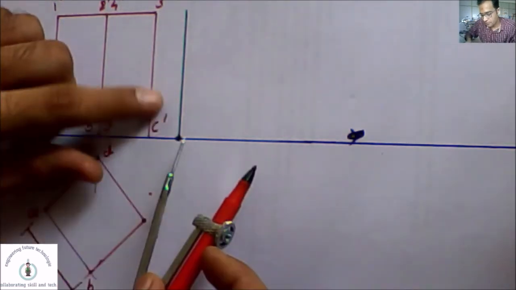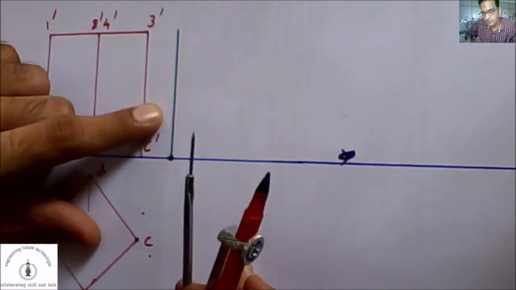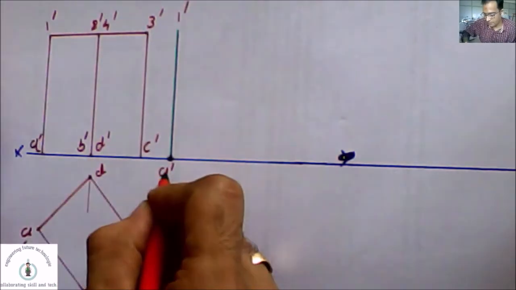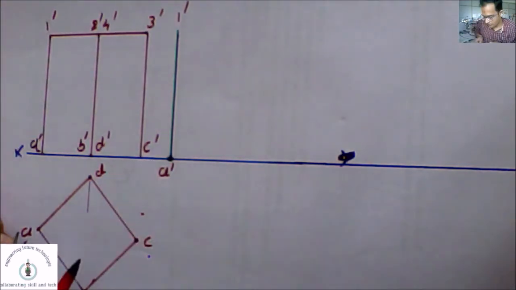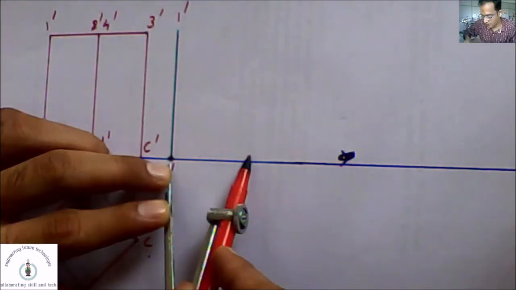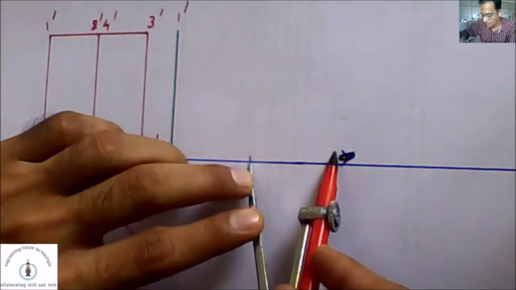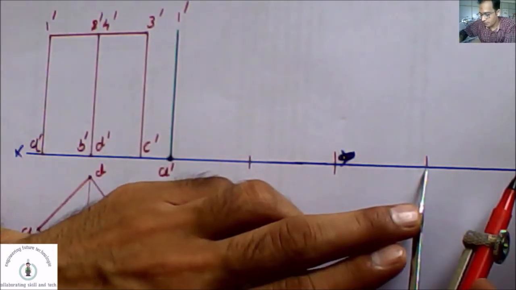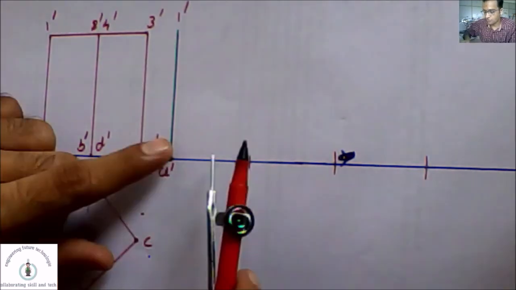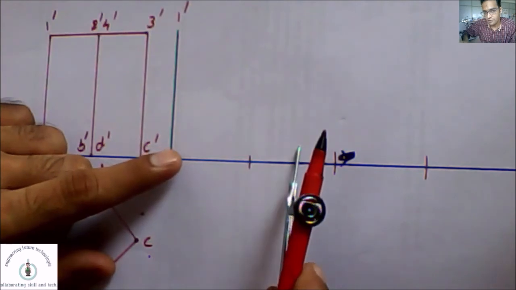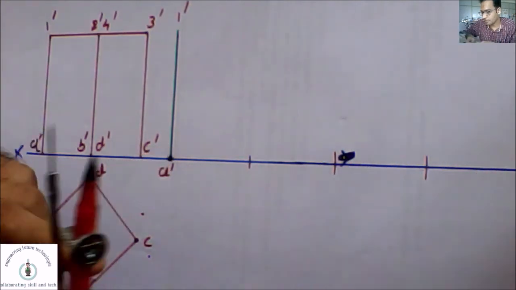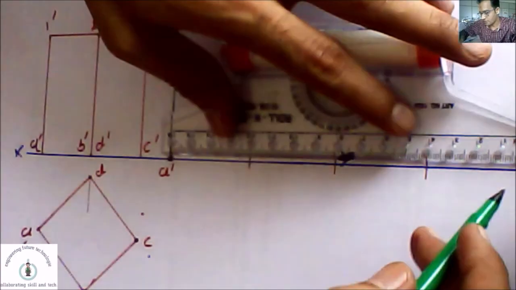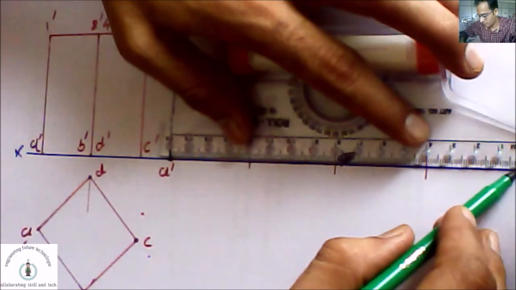The first profile what we see, or first vertex we see, is representing 1 dash, A dash. So from A dash we have to represent B dash, C dash, D dash, and again I have to place A dash. So now we are going to have one face, second face, third face, and fourth face available. 4 faces available to us. Let's draft those faces.